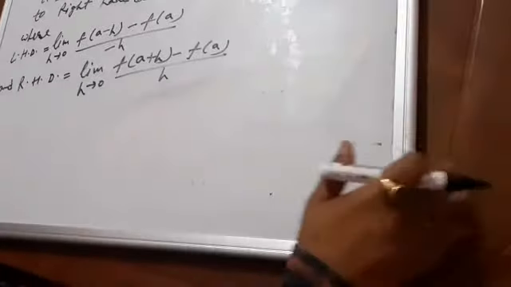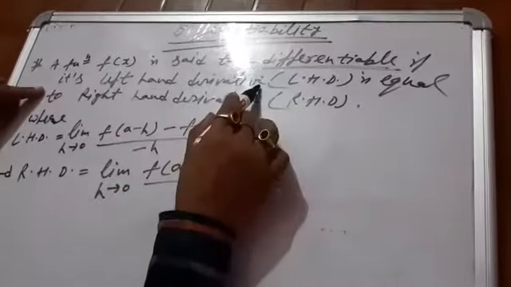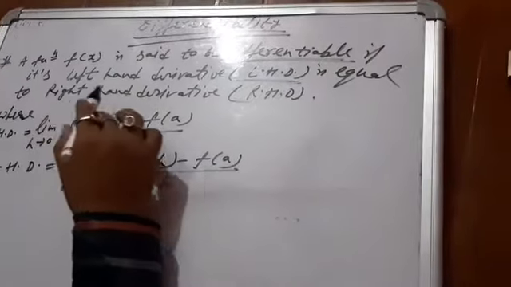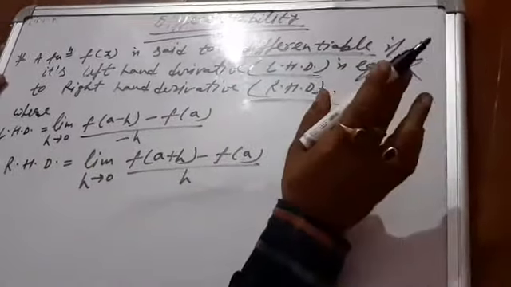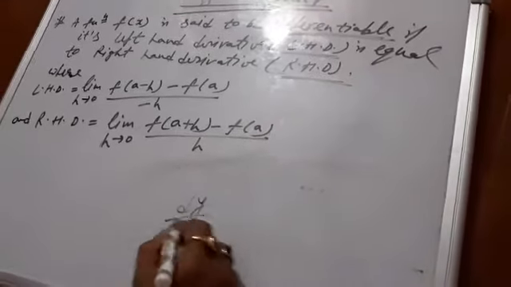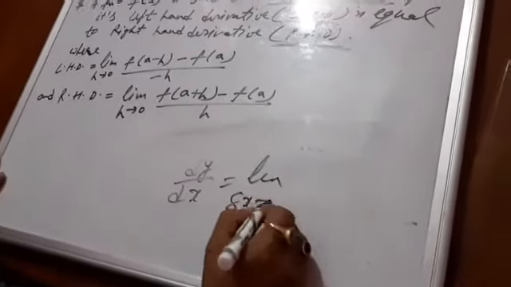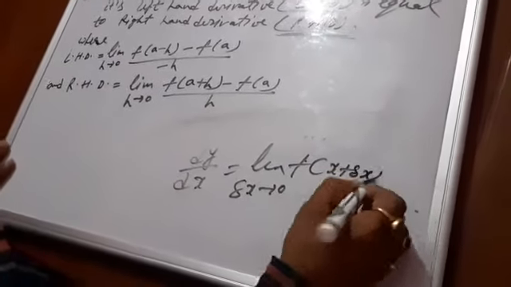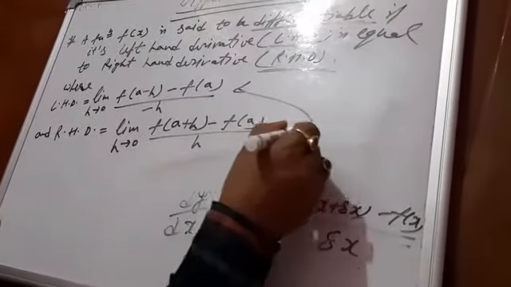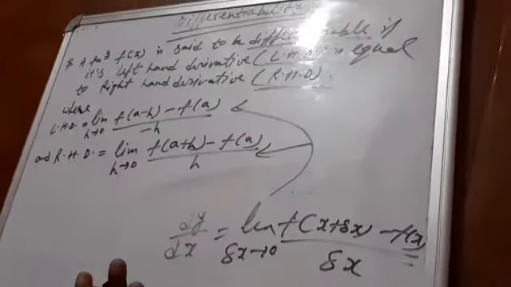Let us see differentiability. A function f(x) is said to be differentiable if its left hand derivative is equal to right hand derivative. There you used left hand limit; now it is left hand derivative equal to right hand derivative. Here the same formula you have seen, dy by dx is equal to limit delta x tends to 0, f(x plus del x) minus f(x), by del x, is used to derive these two things, left hand derivative and right hand derivative. Only delta x is used two times here.